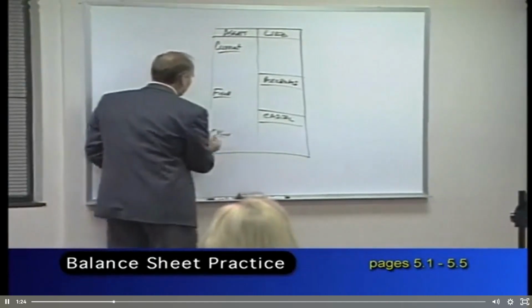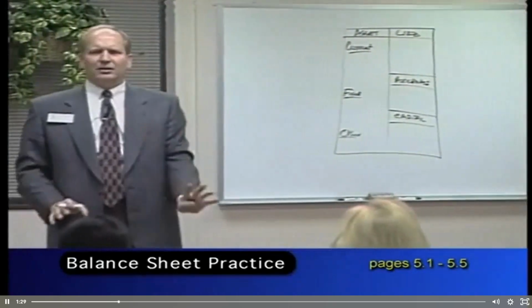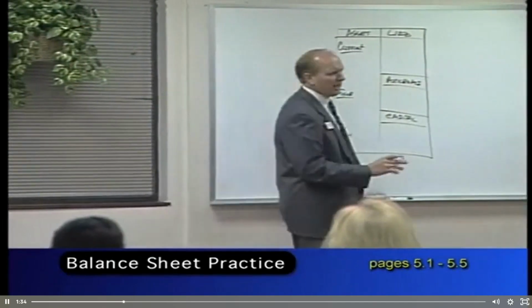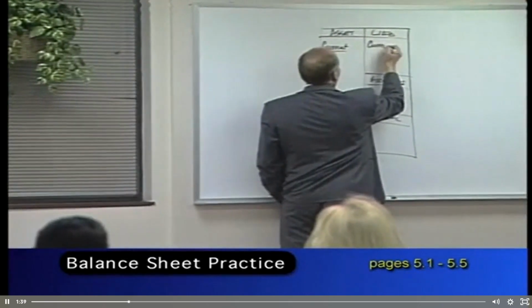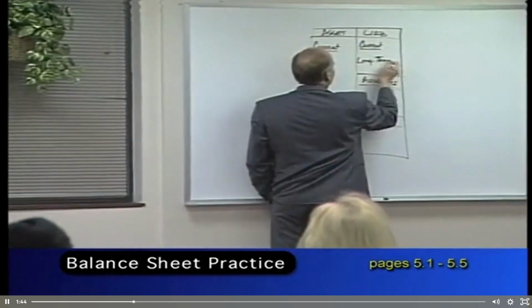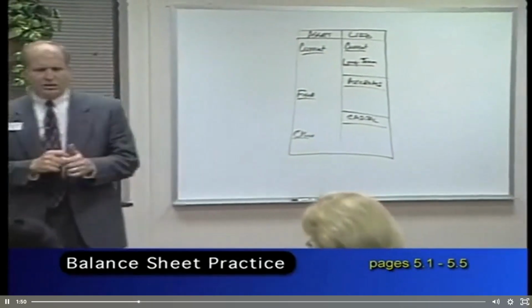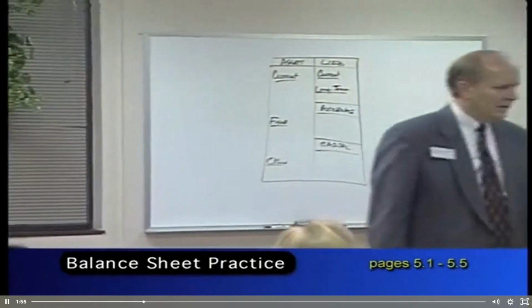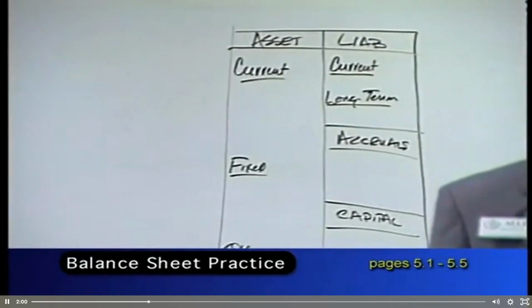So, when we have a list of a bunch of assets, we need to determine which of these subcategories those assets are going to go into. Furthermore, we had 2 categories of liabilities. What were those? Current and long-term. So when we've got liabilities, we need to categorize whether they're current or long-term. Now, let's look back on current assets. How do we define current assets? It's something we own that we expect to turn into cash within the next 12 months or a year or